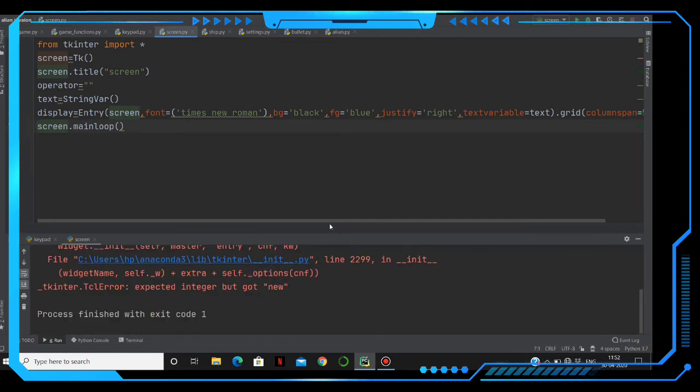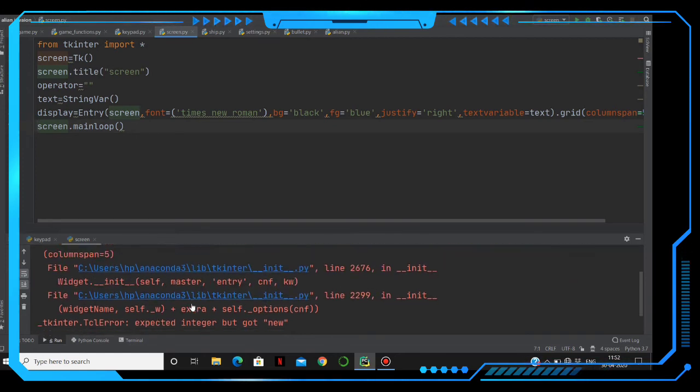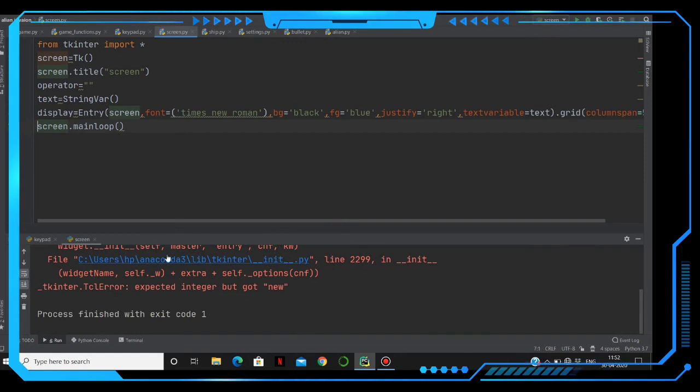Here we are getting an error like expected integer but got Times New. As Times New Roman, we have to select the size and also the style. We have to write bold.